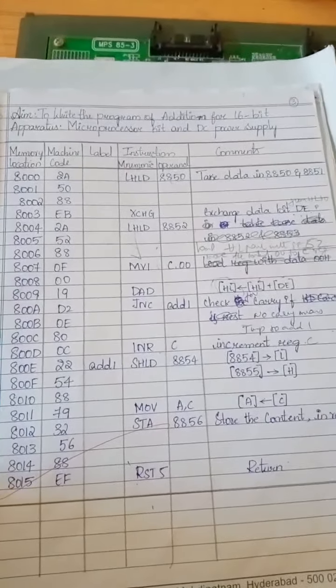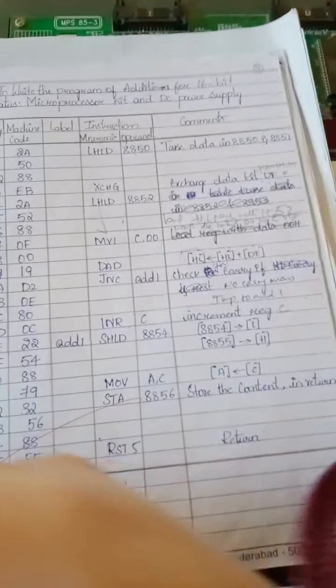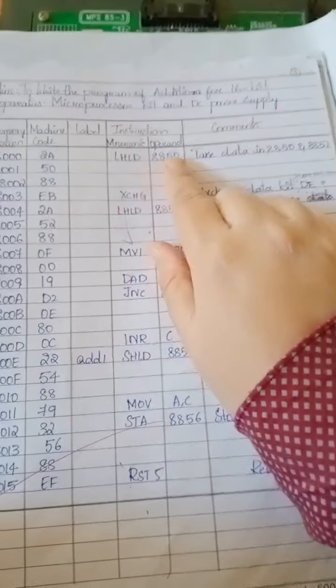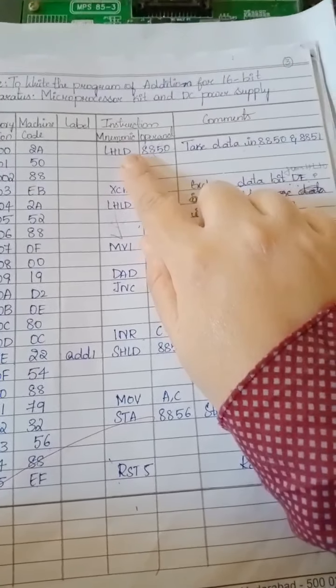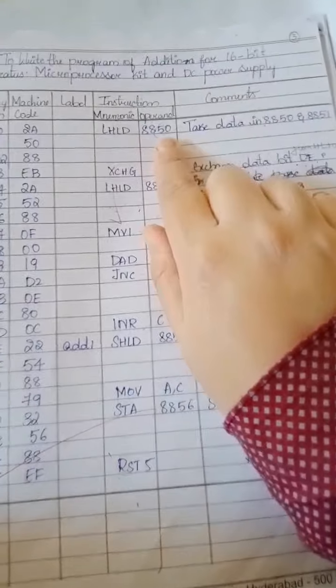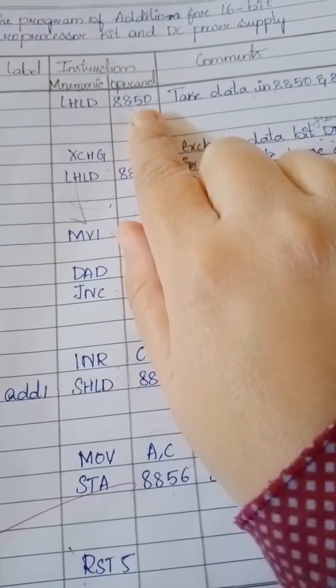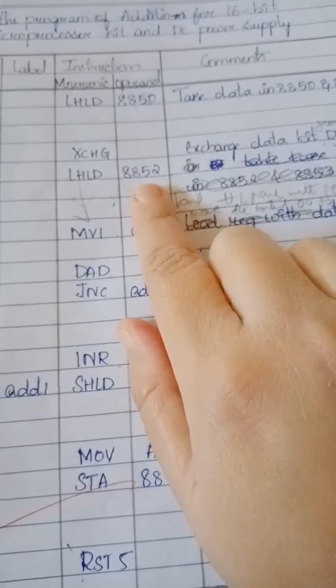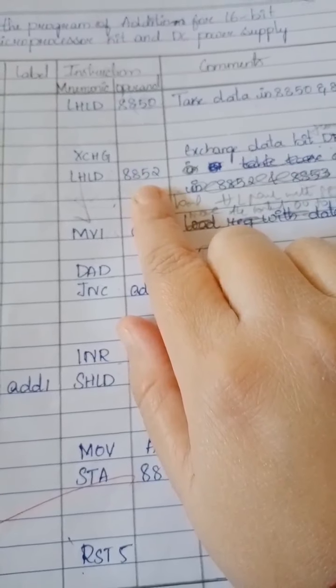Two 16-bit numbers we will now execute on our kit, the 8085 microprocessor kit. We have just seen how to write the program, and once again I am showing you this program. You can see first I have loaded with LDA. Then LHLD, one data is there at 8850.